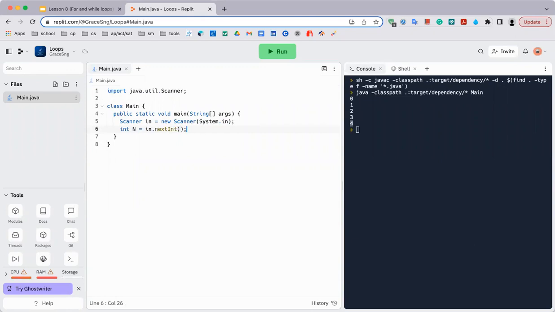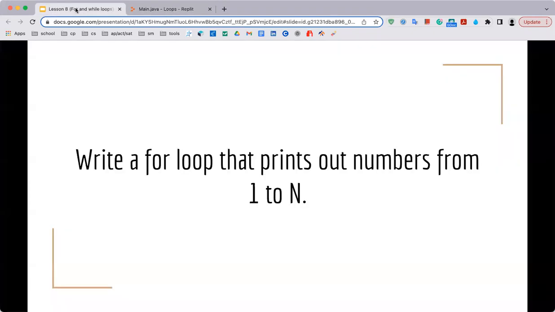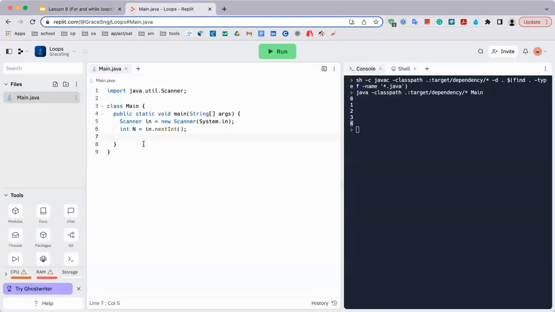Okay, so now I have my number n, and what I want to do is print out numbers from 1 to n. So then let's think about it. The first number I'd want to print out in my for loop is 1, not 0, like the example we saw previously. So when we do our initialization, it's going to be a little bit different. So this variable I'm going to initialize at 1 because that's the first value I want to print out